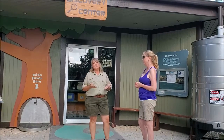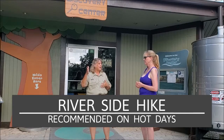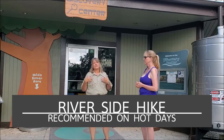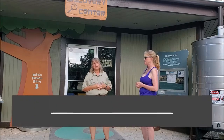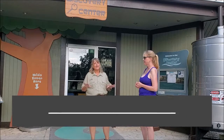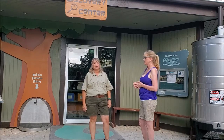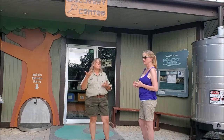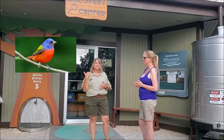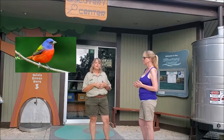If you're hiking during the heat of the day, I recommend that you hike down by the river because we have the most shade. You guys that are birders, we have some great trails. We have the Painted Bunting Trail, where you do have to come at the right season. They are here during spring, and we have a few still here. Even this late in summer, you'll be able to catch a glimpse of a painted bunting, which is a beautiful tropical looking bird that only comes here to have its